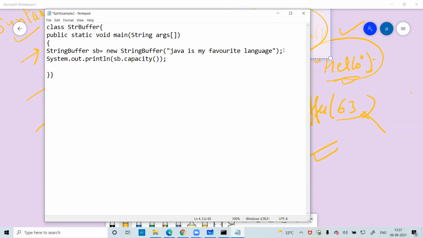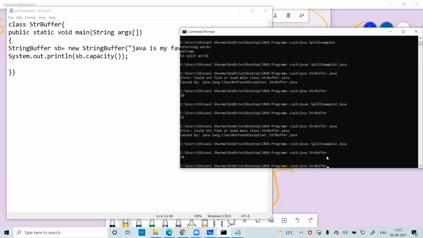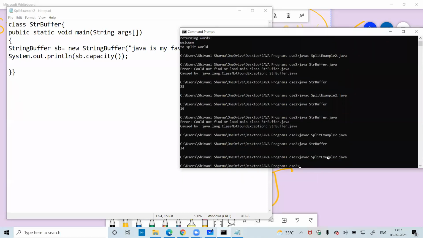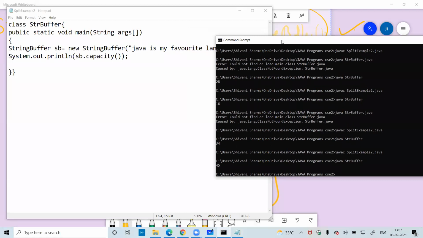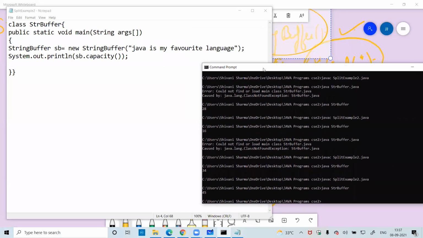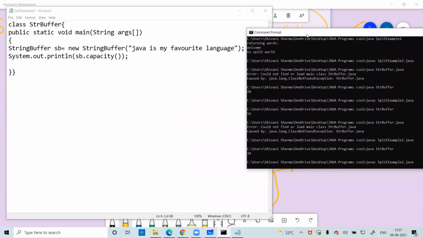Now, when I compile this code, you can see what the answer is: 45.